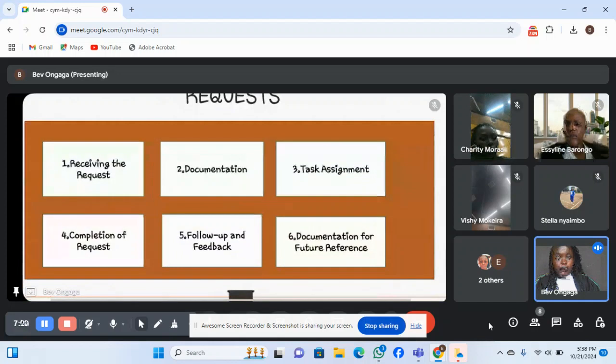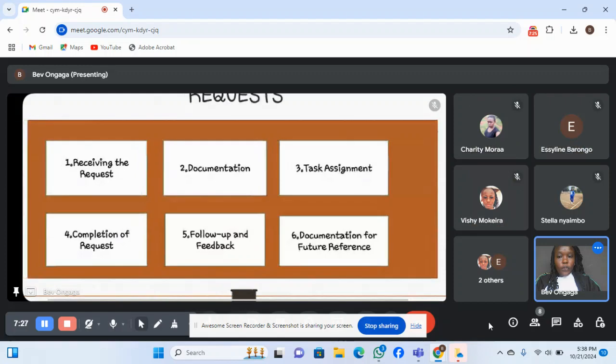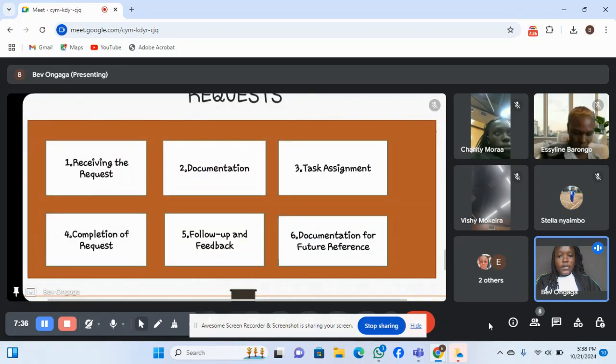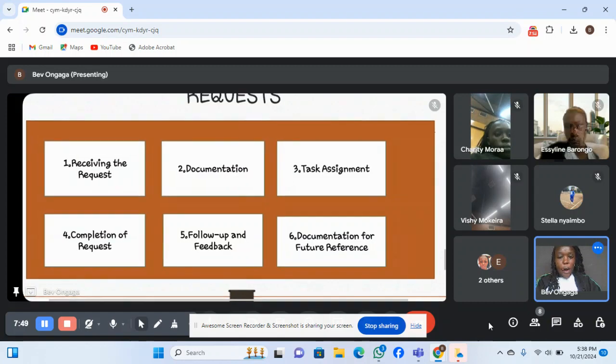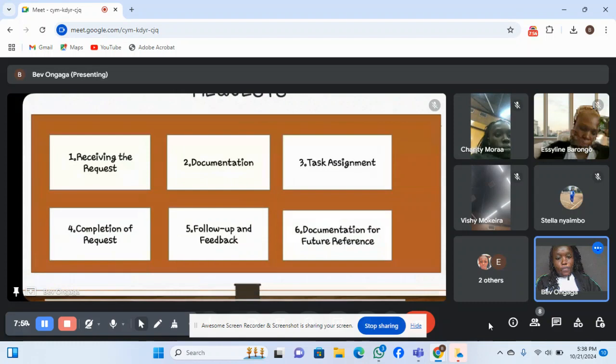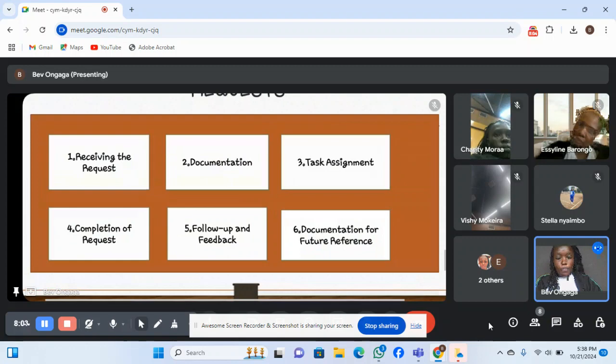Anybody else with another point before we go to the next learning outcome? Another point is we can look at the costs. We have budgets that each one of us is working with. So we have to look at the cost to the guest and also the cost that is going to be incurred by the establishment or the hotel. Next, we are going to the next learning outcome, which is the procedure of handling special guest requests.